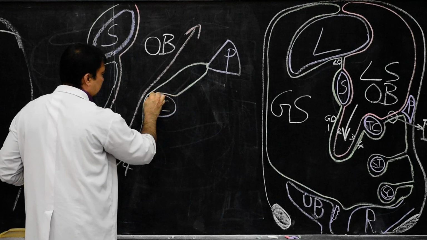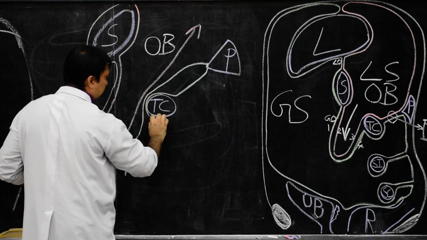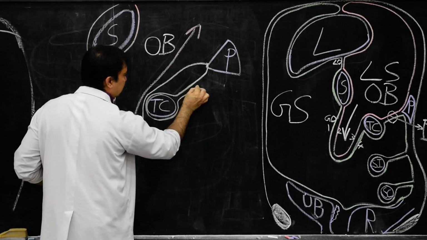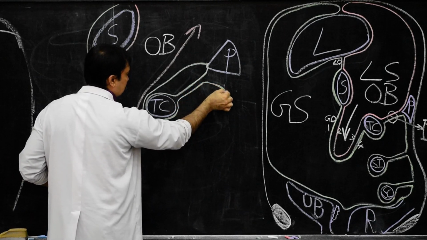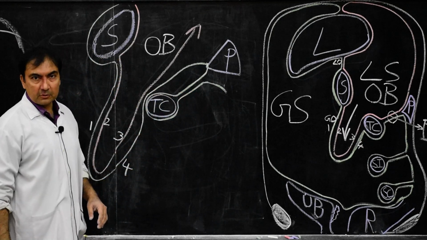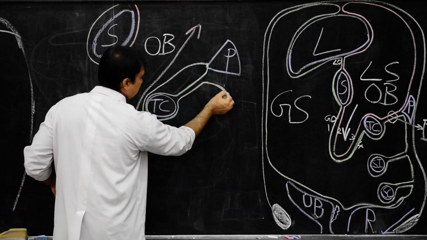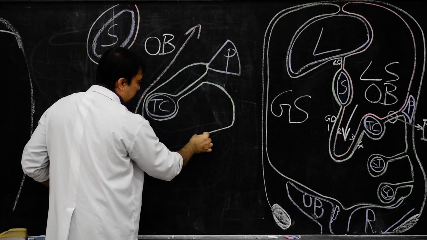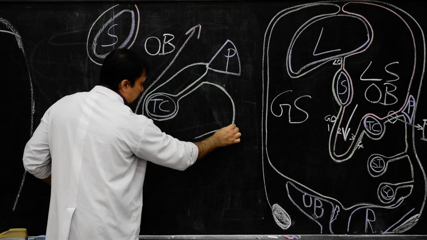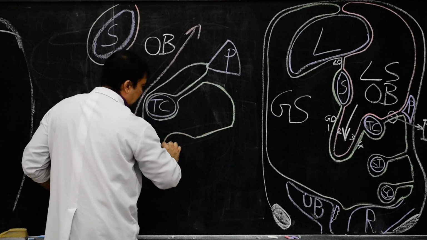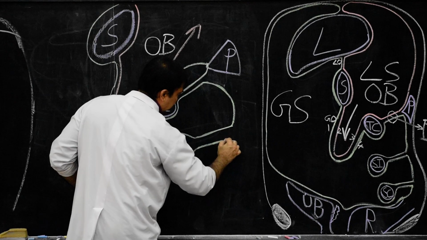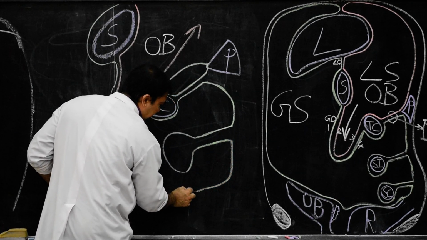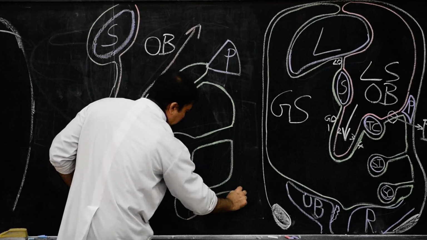It will cover the entire transverse colon and will continue posteriorly once again as the inferior layer of the primitive transverse mesocolon and will continue on the posterior abdominal wall. From the posterior abdominal wall, it will continue down as the mesentery, the root of the mesentery. After covering the mesentery, it will again pass to the posterior abdominal wall and will continue down as the sigmoid mesocolon in this way.